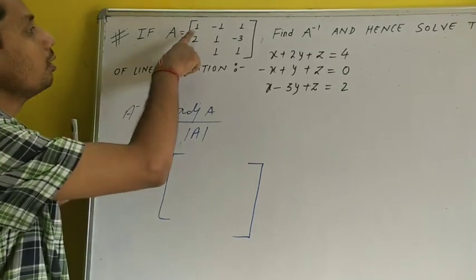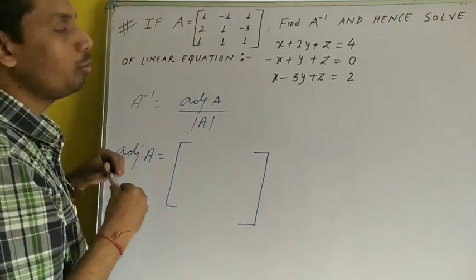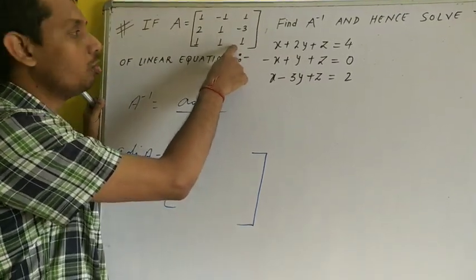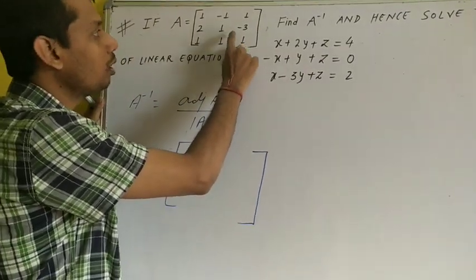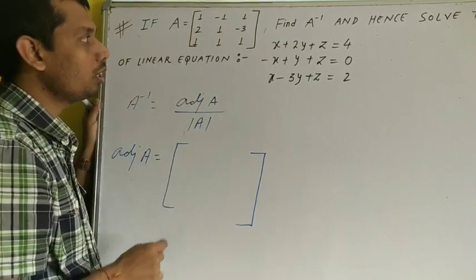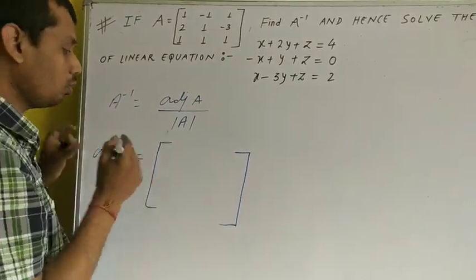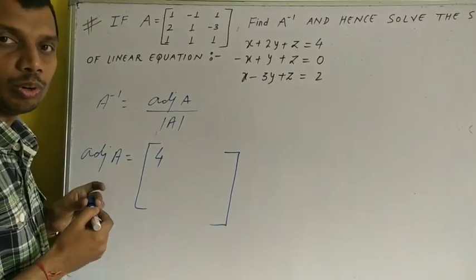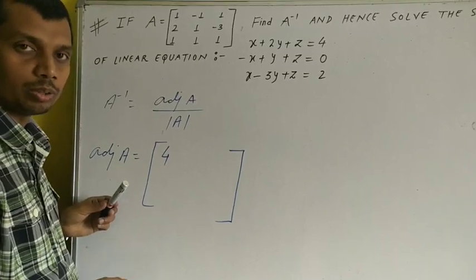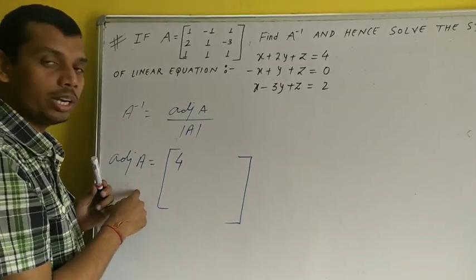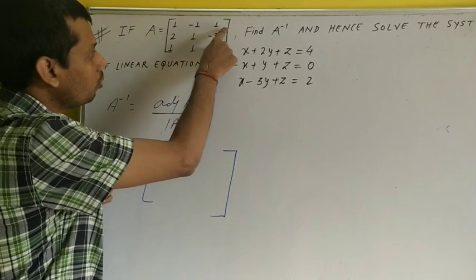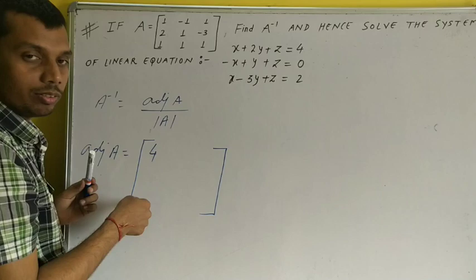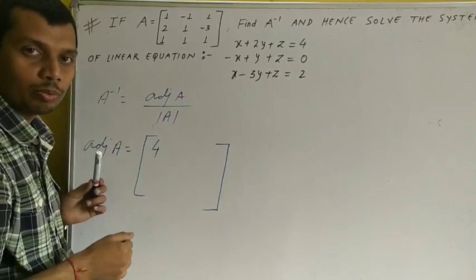So the cofactor of A11 will be equal to what? We'll not consider these two. 1 into 1 is 1, and minus of minus 3 becomes plus 3. 3 plus 1 is 4. And the positional sign of A11 is plus, so this will remain plus 4. Directly I am calculating adjoint A. So row wise we will calculate the cofactor and I will write column wise, as we have to take the transpose of the cofactor matrix.